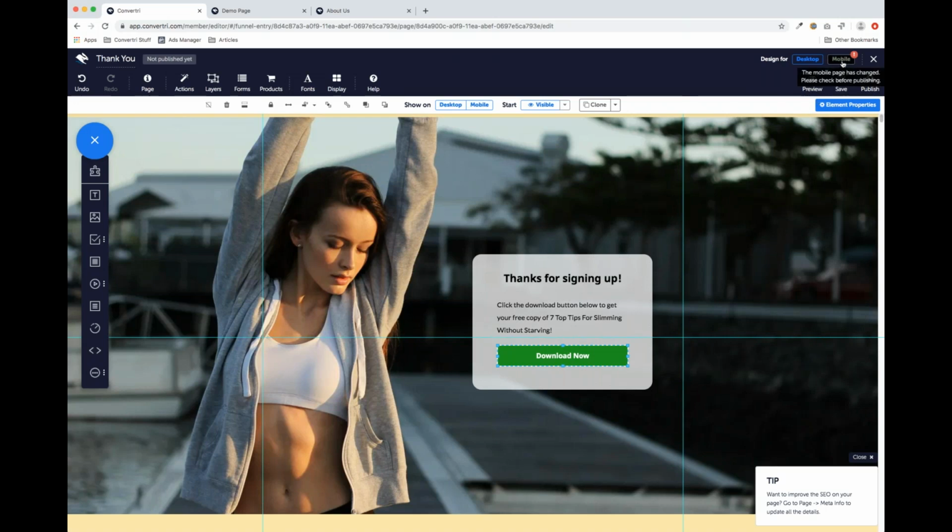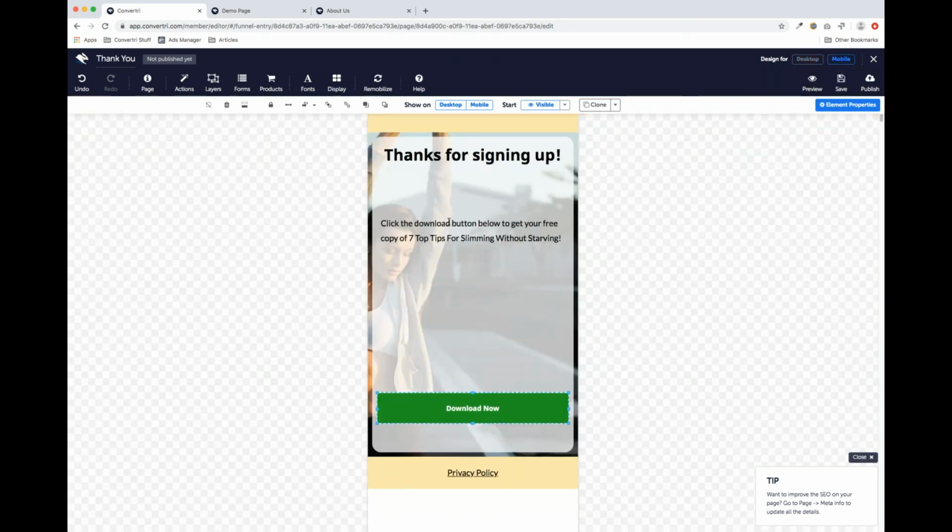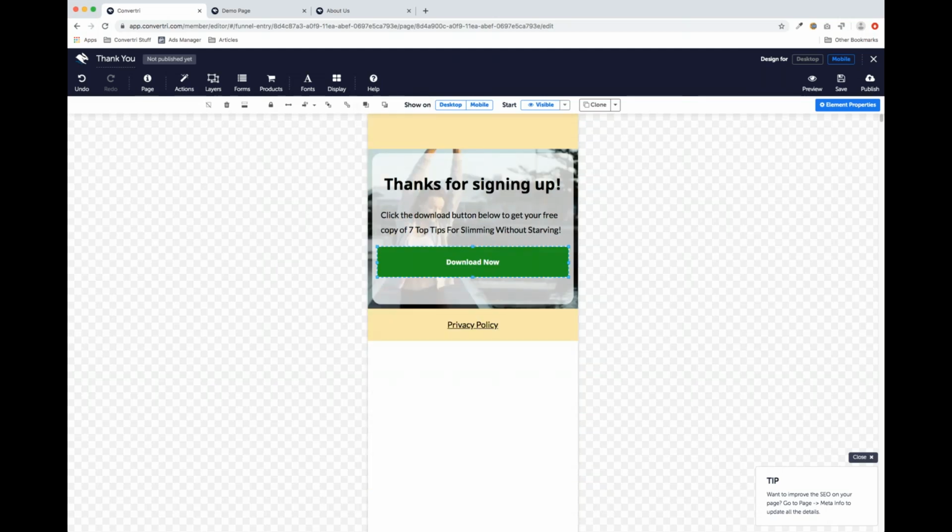So we'll just check the mobile version. Now this one looks a bit odd this time, and that's because we've taken a clone of a page where we'd already made some mobile adjustments. But we can easily fix it using the remobilize function, which is clicking this button, select remobilize all. That basically reruns the mobile algorithm on our page. So we'll click that, and we get a version as if we'd never made any changes,